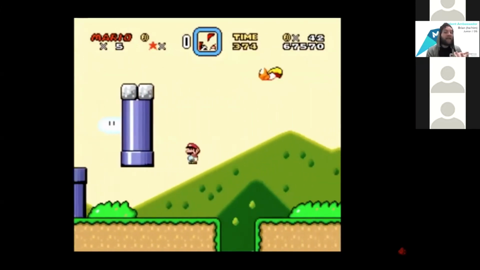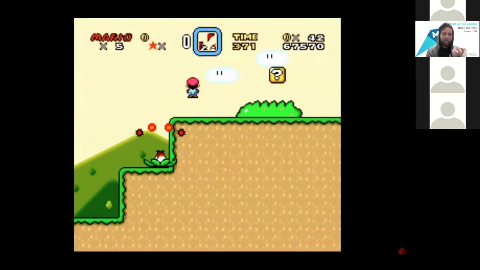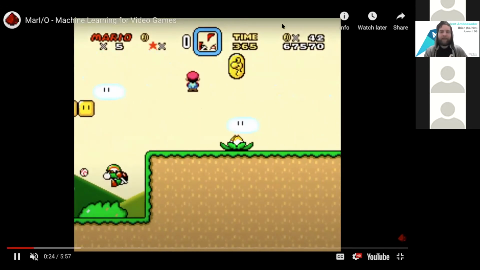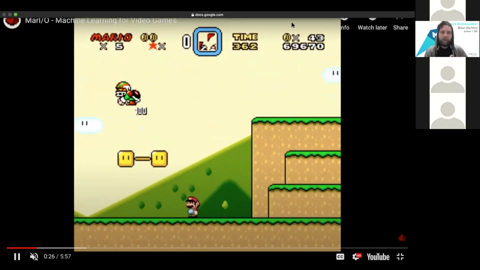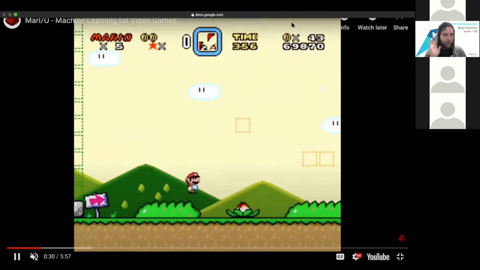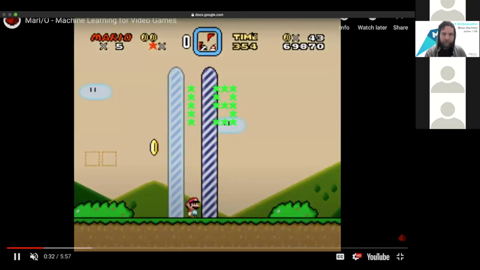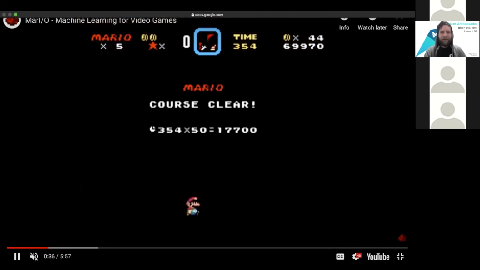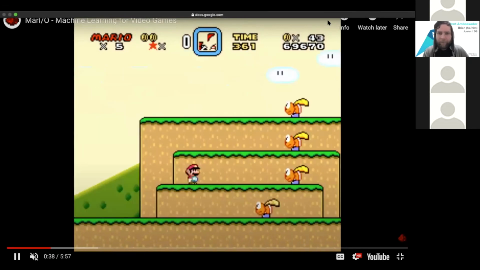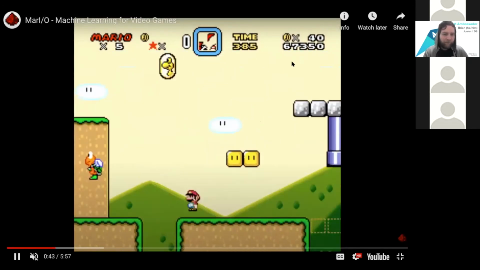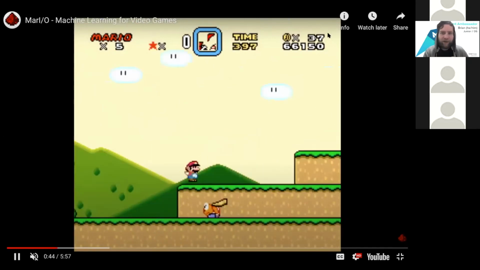What's the same and what's different between what the computer is doing and what a human would do when they play Mario? Who can give me an example? It's a really interesting question because it goes into how computers are thinking about things. And you don't have to just keep putting it in the chat. I think you can unmute, right? You can talk. I would prefer it if you talk, but I'll take chat too.